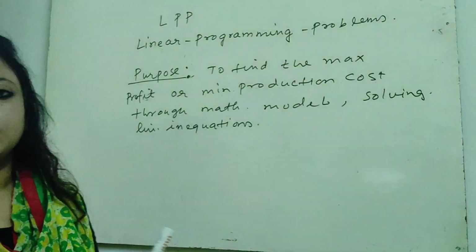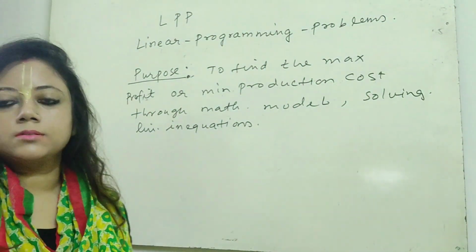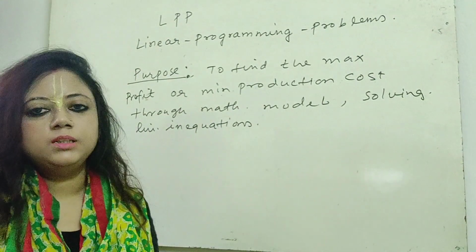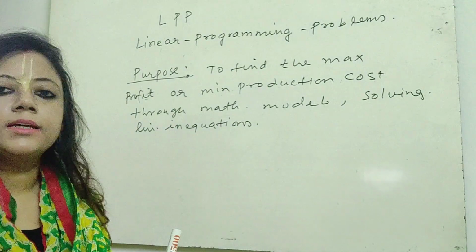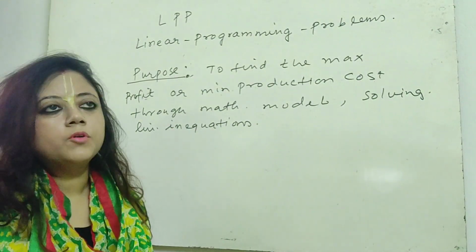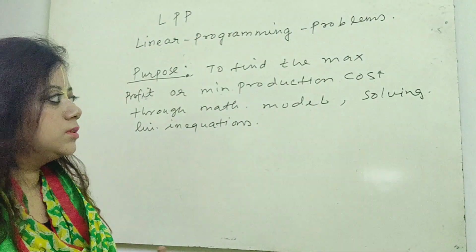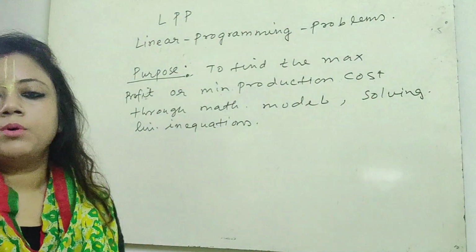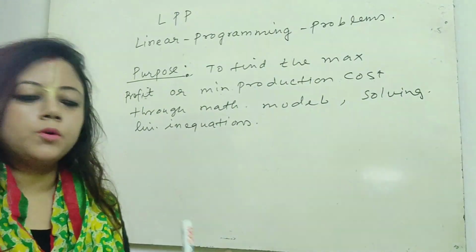Suppose you have a company of manufacturing something. Suppose you manufacture tables, wooden tables. So the thing is, you will try to minimize the production cost so that you can gain the maximum, provided the qualities and everything are okay. So first you have to think how you will minimize the production cost. And what do the businessmen think? They think how they will get the maximum profit.